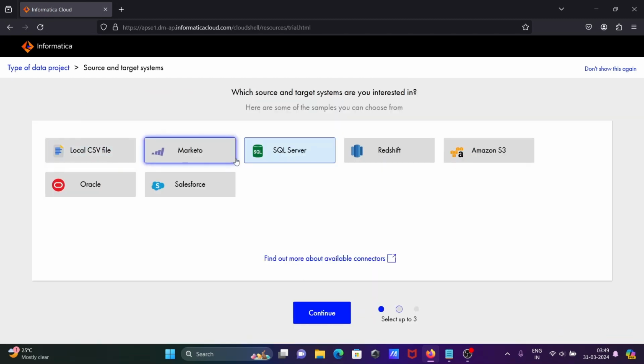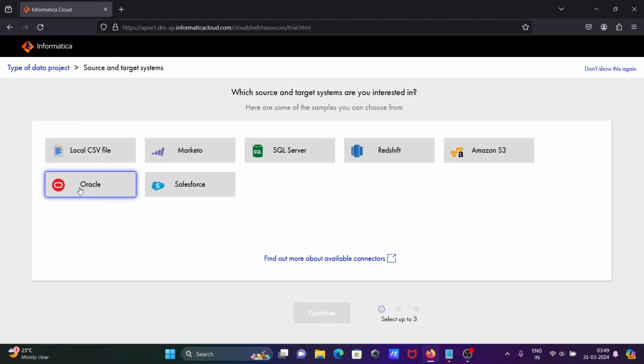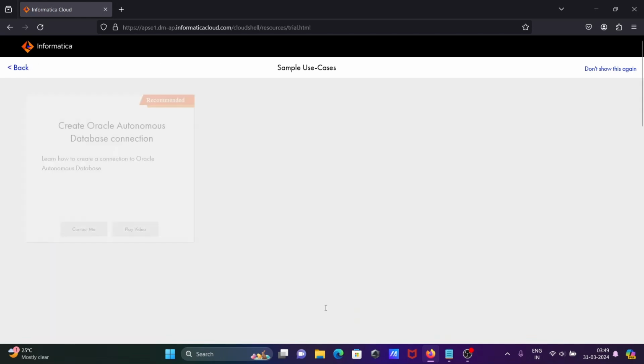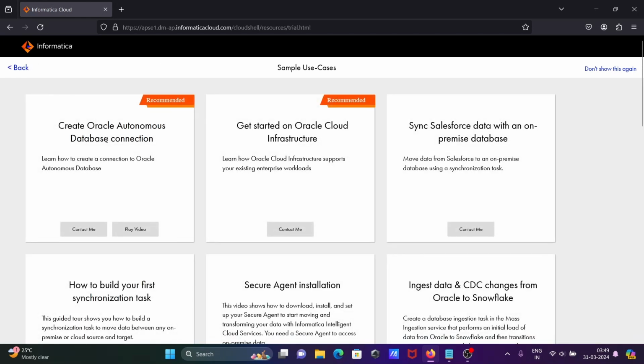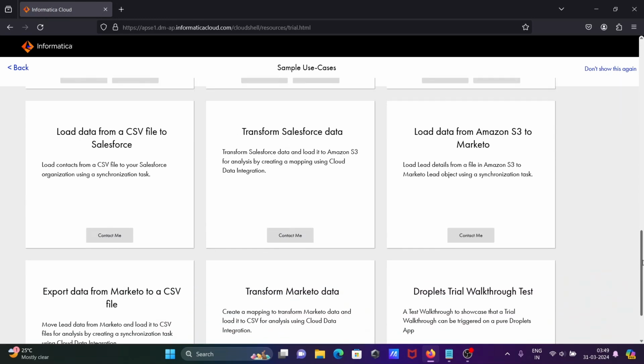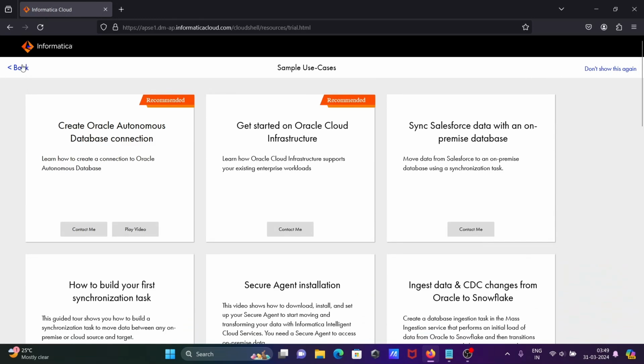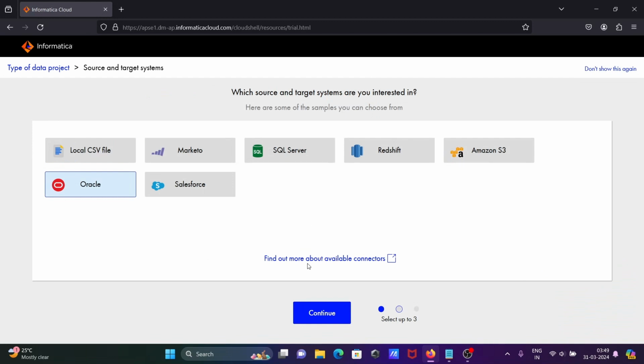So let's uncheck all these tools. Thereafter, let's click on Oracle, and in this tool you can see create Oracle autonomous database connection, and here is get started, and you can see all of this that comes there. If I go back, and here you can see find